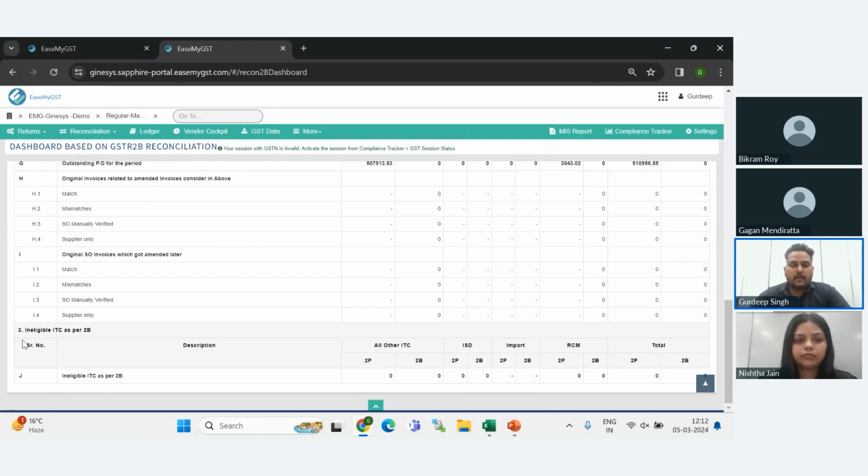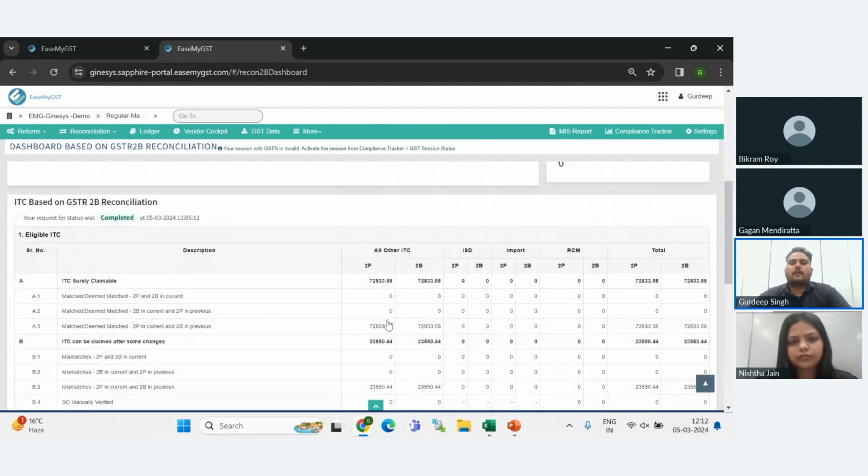Then if we have any ineligible ITC as per GSTR 2B in table 3, as per government, it will show in the J section ineligible ITC as per 2B, like all other ITC, IGST, import, RCM, and total. Also, you can conclude